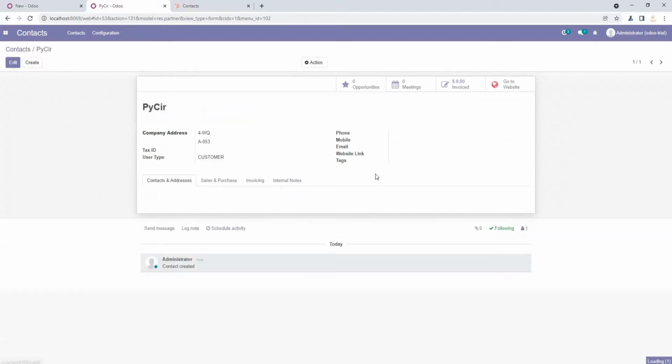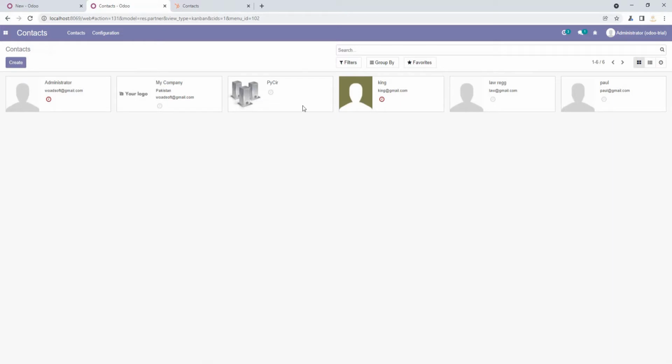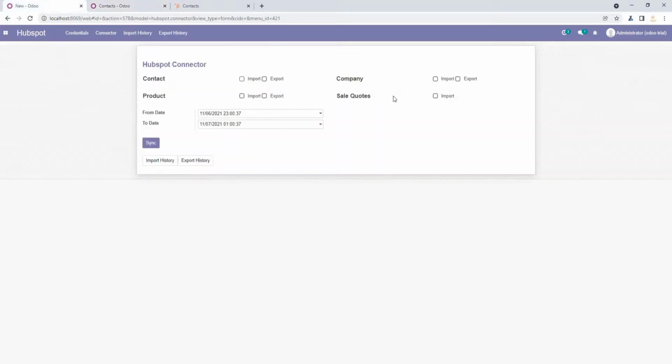As you can see, the company is added successfully. Now I'm going to export that company from Odoo to HubSpot.